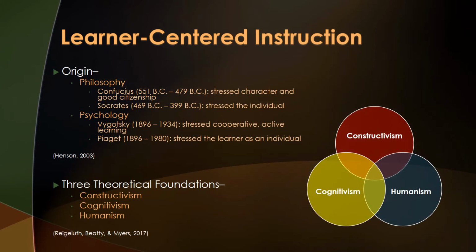The history of learner-centered instruction has one foot in philosophy and the other in psychology. On the philosophy side, Confucius and other early Chinese teachers emphasized good character and citizenship, while Socrates focused on the individual. Confucius believed that every person should strive for the continued development of the self until excellence is achieved. Lev Vygotsky studied children interacting in small groups and discovered that when children worked together to discuss and solve problems, they became more efficient thinkers and better equipped problem solvers than when they worked alone. This led to cooperative learning.